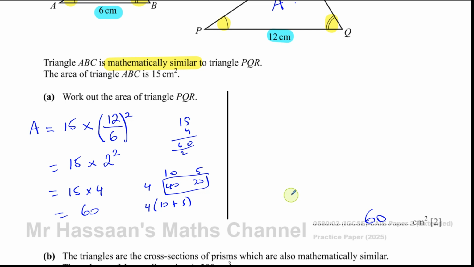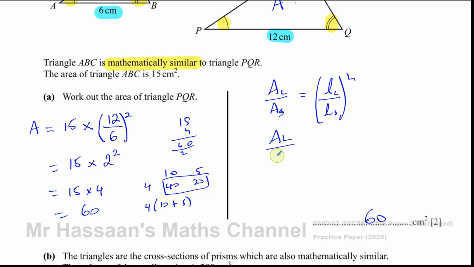Now, the other way of doing this is to say, okay, the area of the larger one over the area of the smaller one is the same ratio as the length of the larger one over the length of the smaller one, squared. The ratio of the areas is the same as the square of the ratio of the lengths, as we said. So the area of the larger one is what we're trying to find,